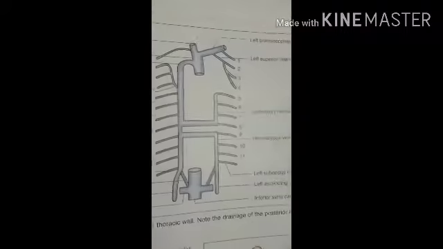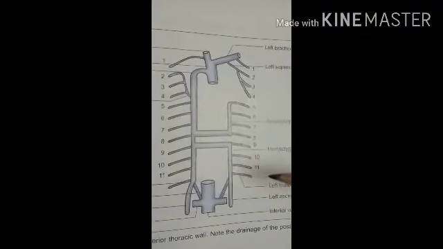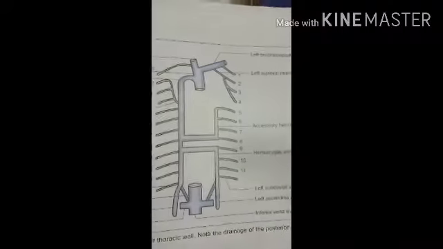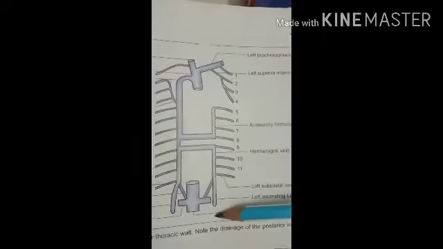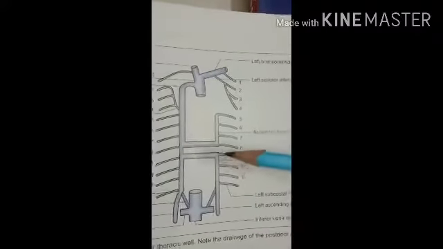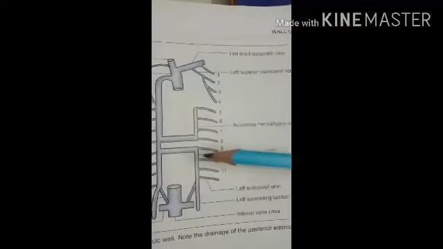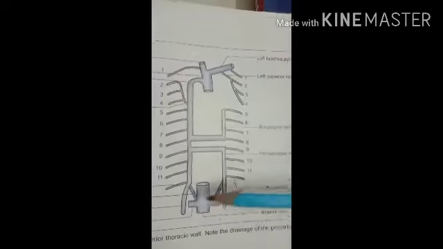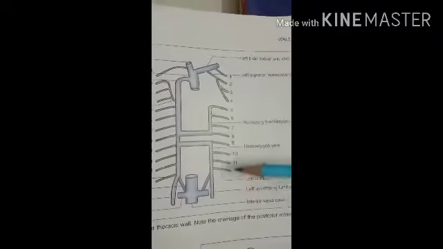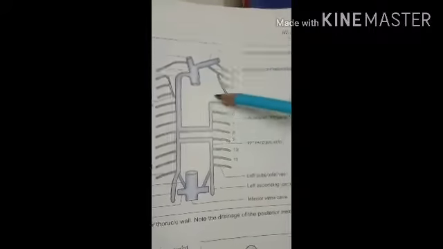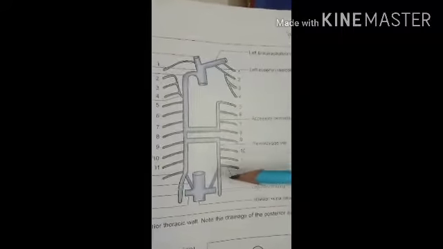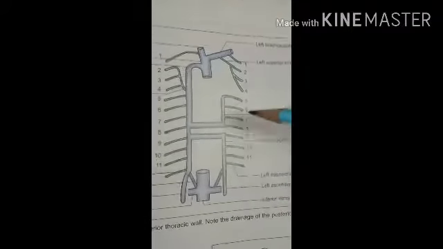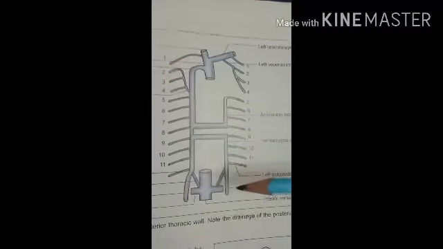Okay. So now we have to see the azygous and the hemiazygous vein. So here in this diagram you can see that is the azygous vein, that is the hemiazygous vein. So the term azygous means single or without a companion. The azygous system of veins consists of the azygous vein, the hemiazygous vein and the accessory azygous vein. So this one. Okay. These veins lie in front of the thoracic part of the vertebral column and play an important role in the venous drainage of the thorax.